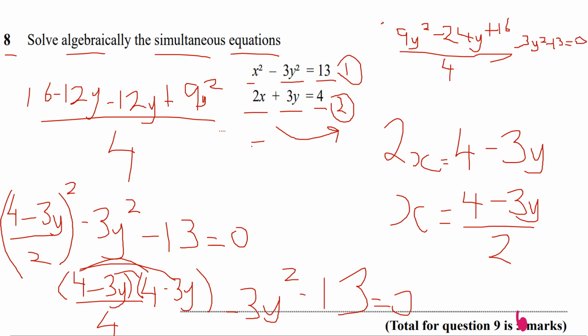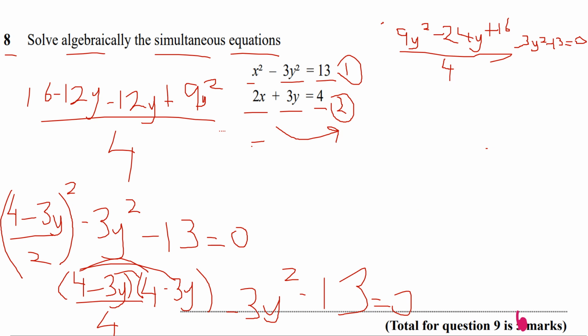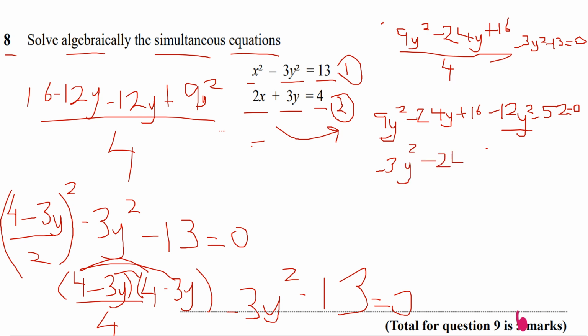So I'm going to times everything here by 4. Let's delete these bits so I can come back to it. So when I do this, guys, I'm going to have 9y squared minus 24y plus 16 minus 12y squared, and then minus 4 times minus 13 is minus 52. That's equal to 0. I've now got a quadratic which I can rearrange. This minus this, that'll be minus 3y squared, minus 24y, plus 16 minus 52. If you're not sure, that will be